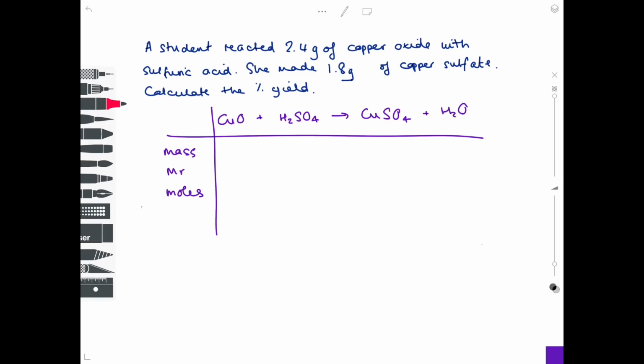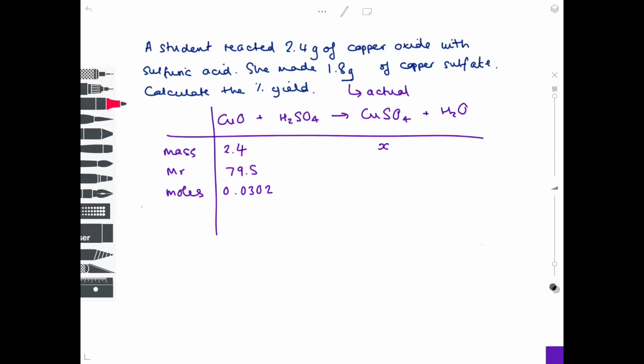So let's start with what we know. We know that we have 2.4 grams of copper oxide, and we have made 1.8. So that is the actual yield, and we need to find out the theoretical yield, which is why I'm going to put an X here. So now it's just a matter of working out the MR of copper oxide. So do 63.5 plus 16. So use your periodic table for that to work out that its MR is 79.5. To work out the number of moles, simply do the mass divided by the MR. So that's 2.4 divided by 79.5 to give a value which is